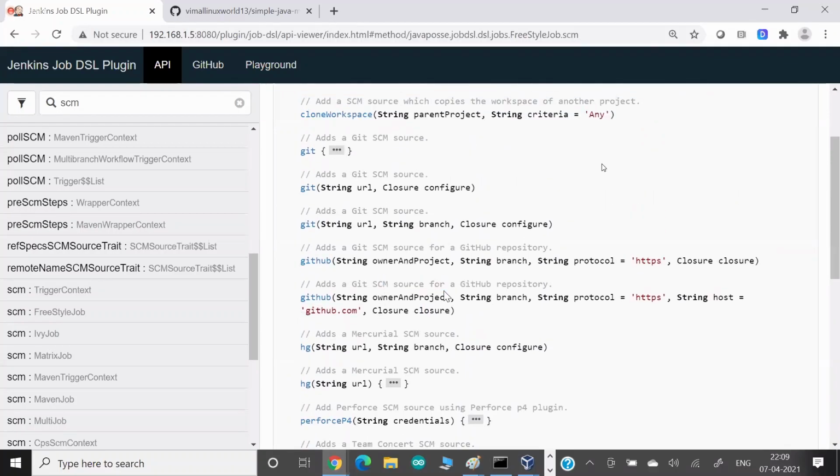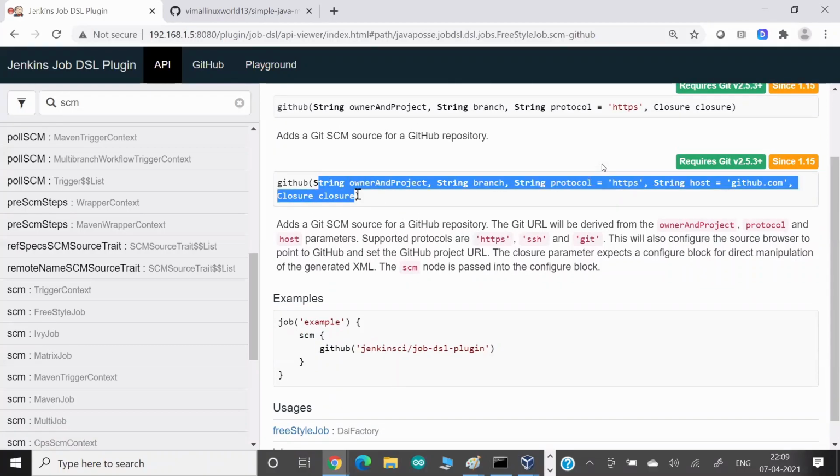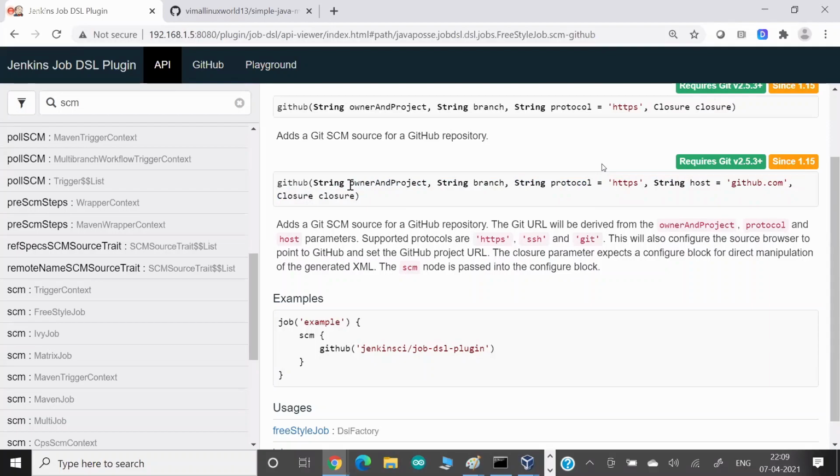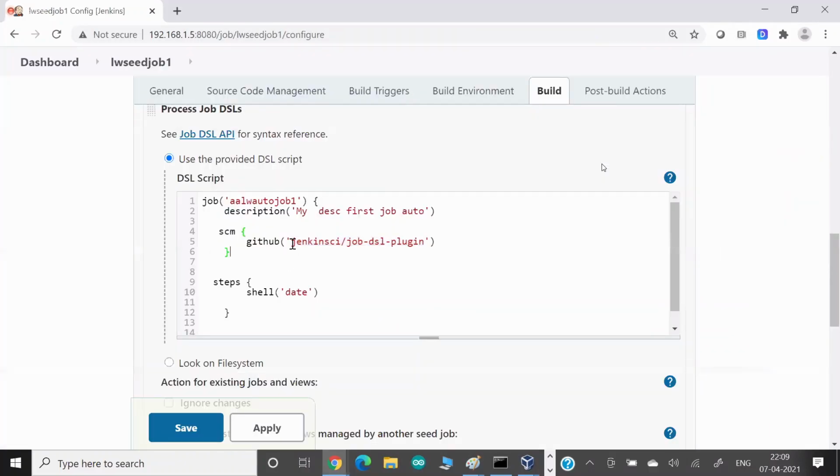Now in the GitHub function, there is a link here. So here, GitHub, I click on this link, and they take me to the GitHub page. So this example comes there. Now here they tell what all arguments this function supports. The arguments are called owner and project. And what are owner and project? They tell you the detail. Technically, in my case this is the value of owner and project. It means tell the owner of GitHub and the project name. So in my case,